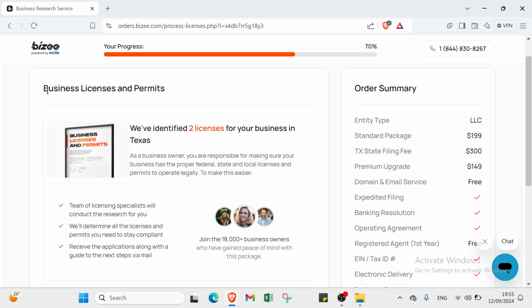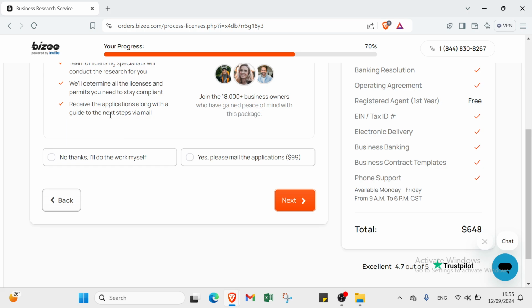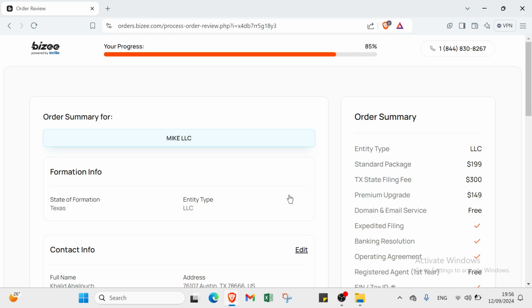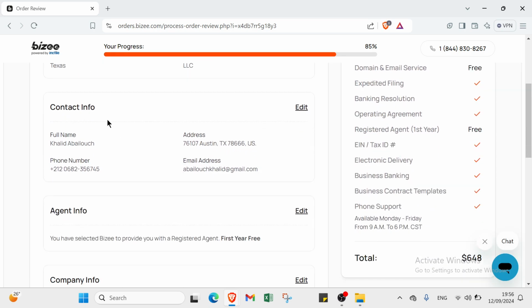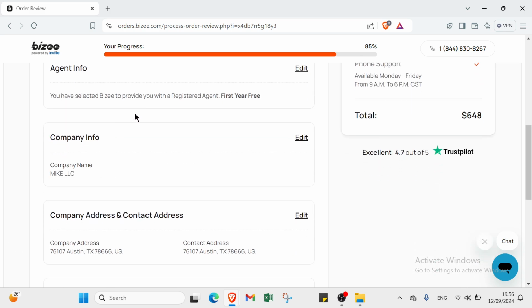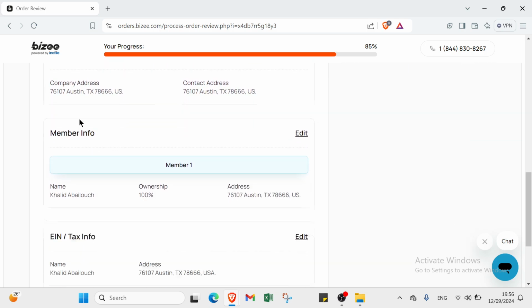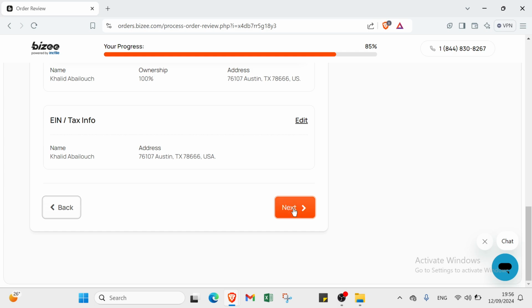Then we have this next step, it's business license and permits. You have to read this one, then you click over no thanks, I will do the work myself. Then you can choose also yes please mail the application, and you have to pay $99. You click over next. Then we have an order summary, so you have to edit this one and modify your personal information if your information is false, like agent info, company address and contact and other things. Then you click over next,